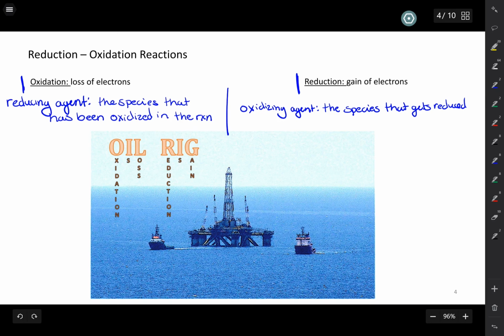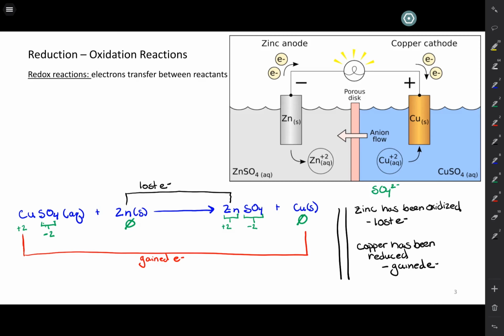So the reaction that we just saw, where we had a copper cathode and a zinc anode, these oxidation numbers, these values that we gave for the charges of copper, the sulfate ion, and zinc in the reactants and in the products, those were really easy to assign because we have a polyatomic ion that we know the charge of. This was probably one of the simplest examples we could come up with. It's going to be a lot more